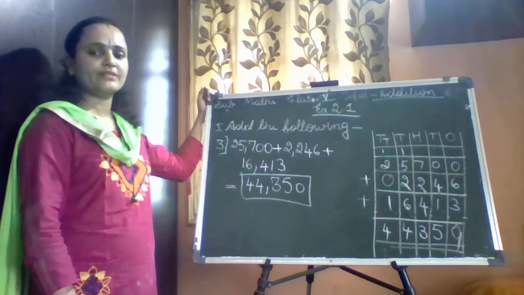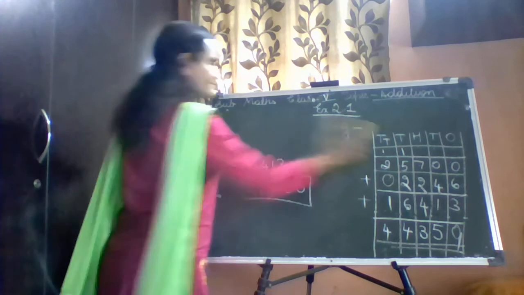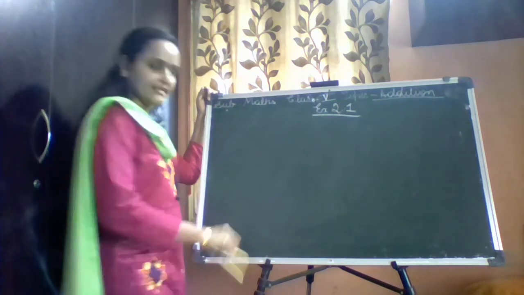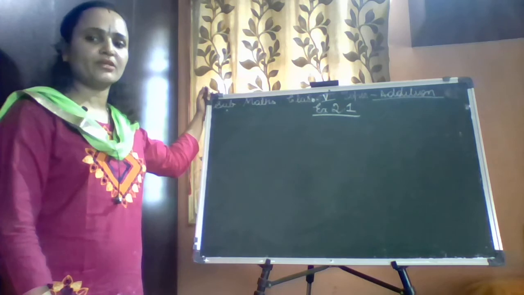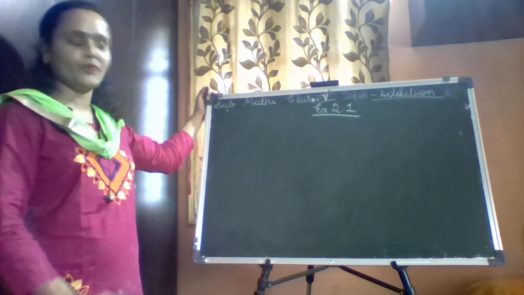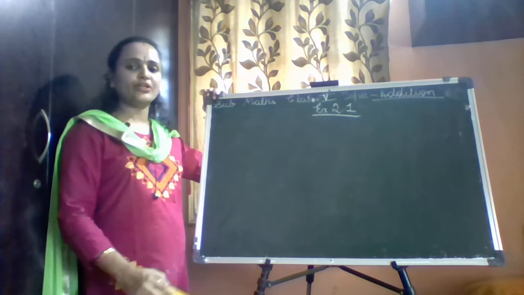Now we will start doing some word problems. I will read the word problem, children. At the end of the class, I will send the picture of the exercise so that you can copy the question from the exercise. You should know which problem I am doing. I will write the numbers here as it is in the textbook so that you need not get confused.